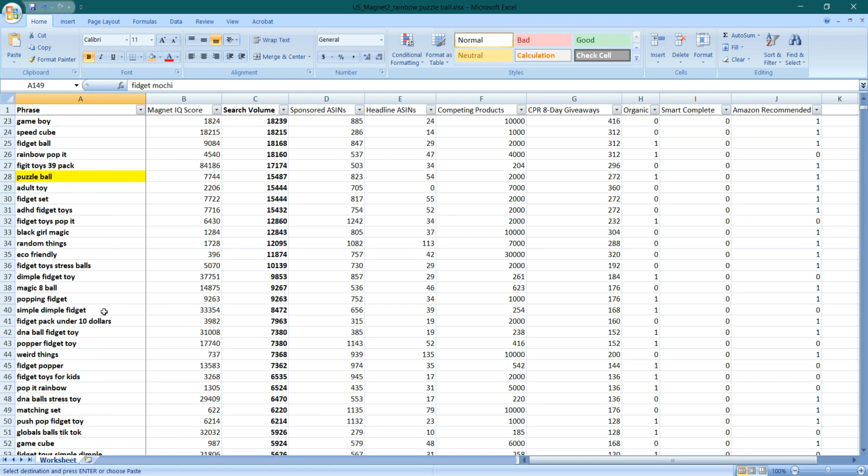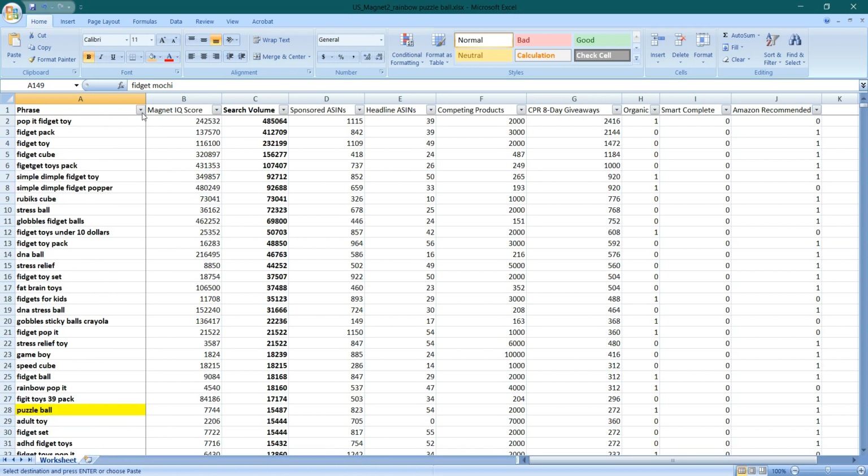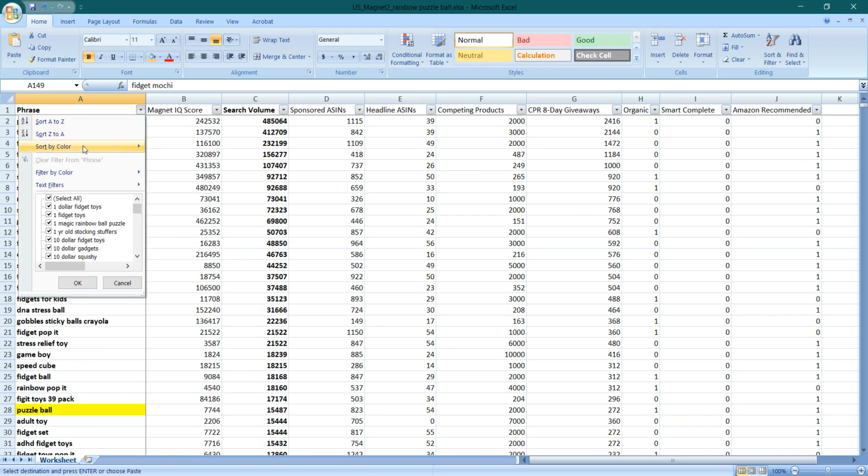Once you are done with the highlighting and the formatting like this, you go to the filter and sort by color yellow.